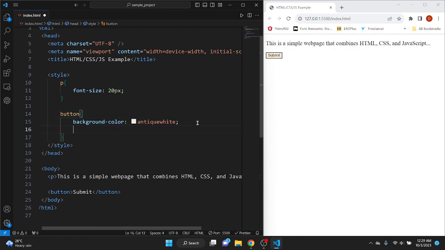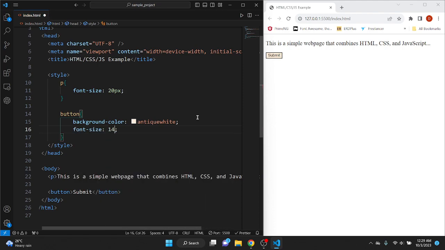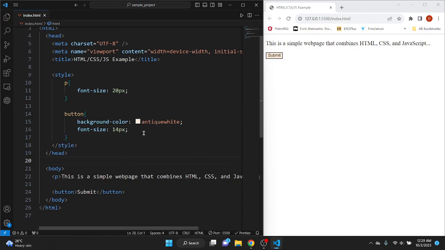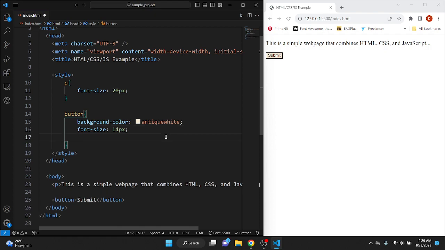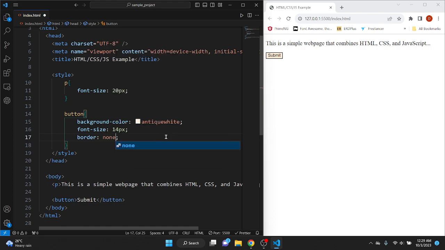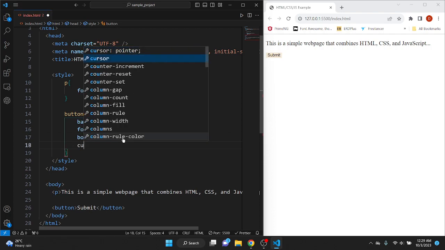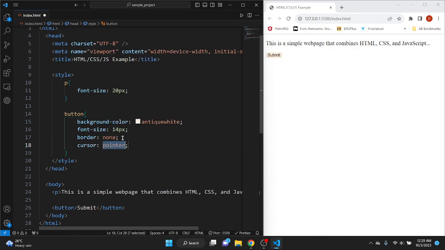I can add font size as 14 and border none. Okay, then I can add cursor as pointer,